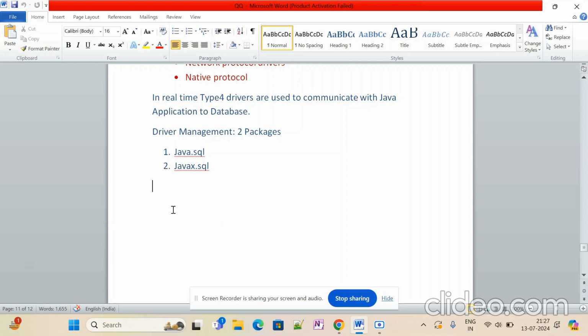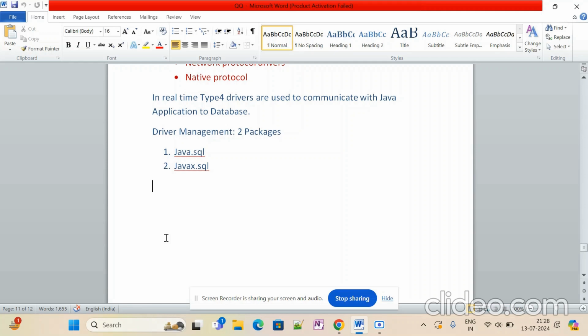Hope you got it. If it is really required in a real-time application, there is a way to change the drivers easily. Of course, in JDBC we cannot, since in our Java code we can make the changes. But in real time, we keep separate files called YAML files. Those files contain the configuration. In the configuration file, we just make the changes, so if it is really required, it won't be a burden in our projects, right? So, coming to the point,